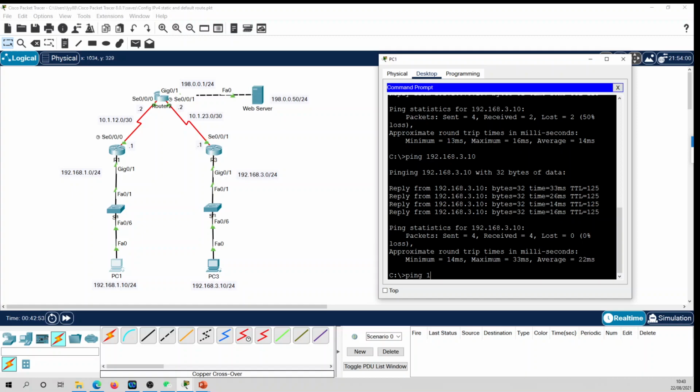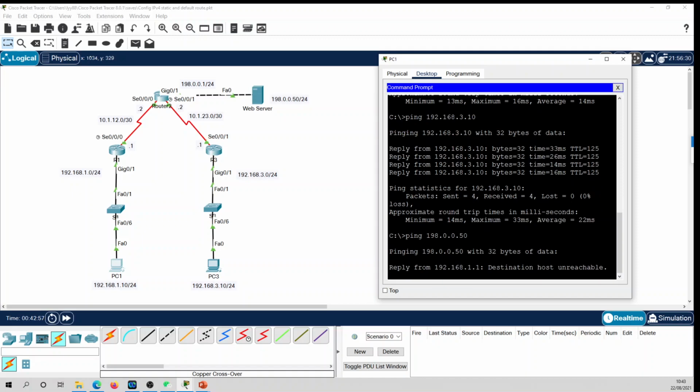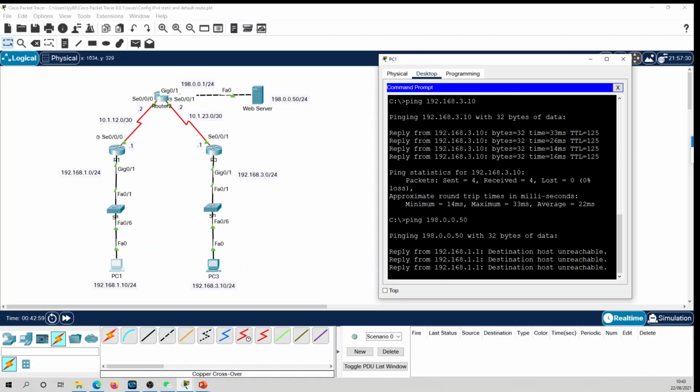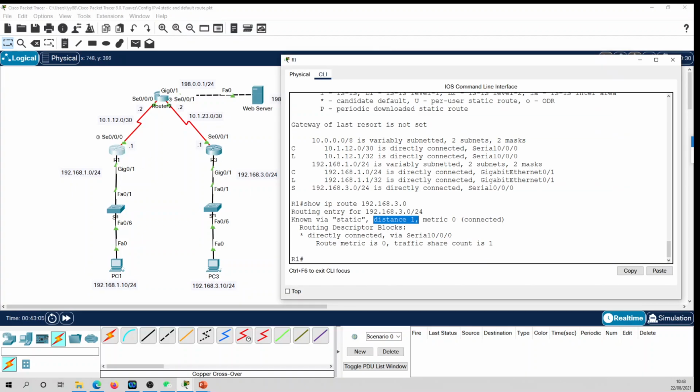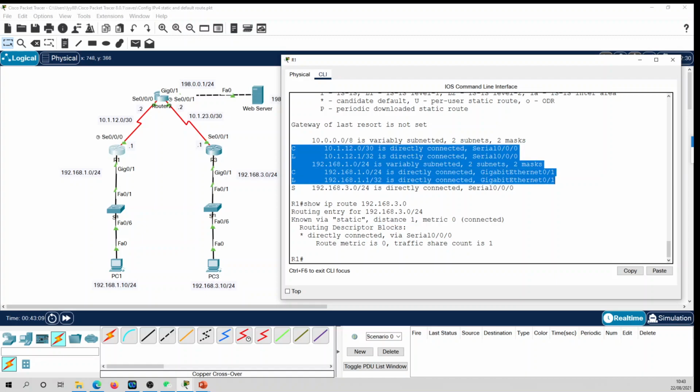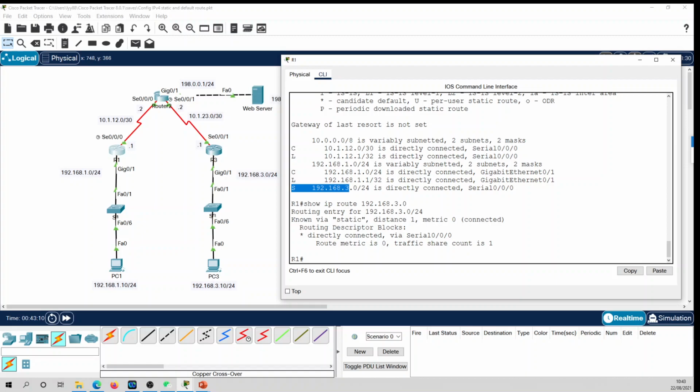We ping 198.0.0.50, and we receive the message saying the destination host is unreachable. The reason for that, look at router 1's routing table. It has a directly connected network. It knows how to reach the network attached to router 3, but has no idea about the web server's attached